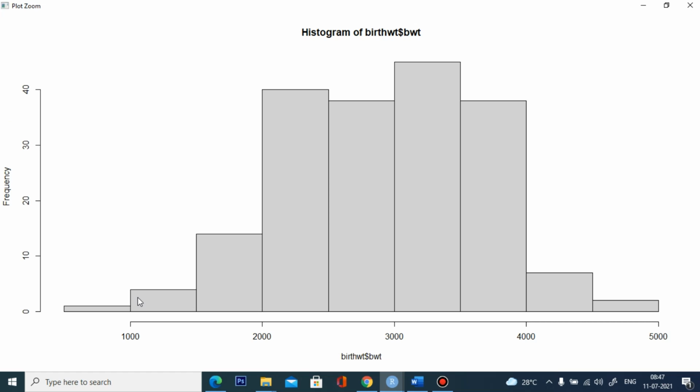Below 2000 it's a small data range, and above 4000 grams it's a small data range. So the majority of the child weights are between 2 kilograms and 4 kilograms. The histogram clearly shows the birth weight distribution of the overall data set in your birth weight table.